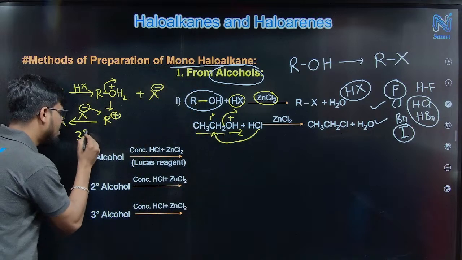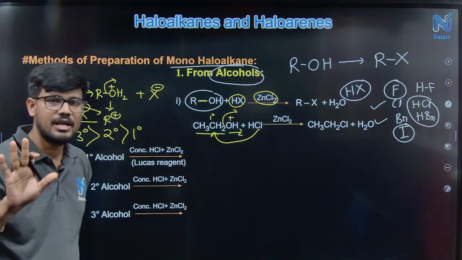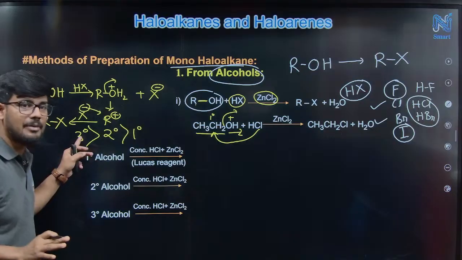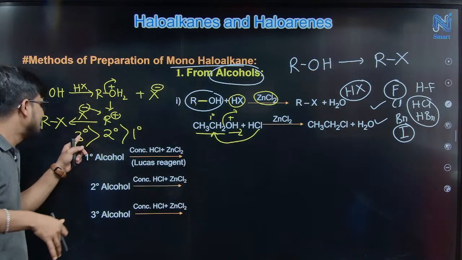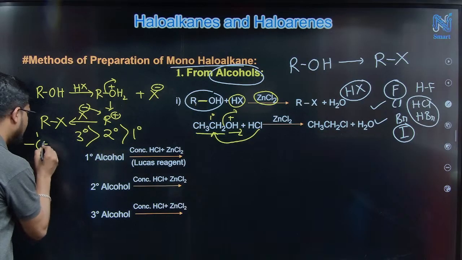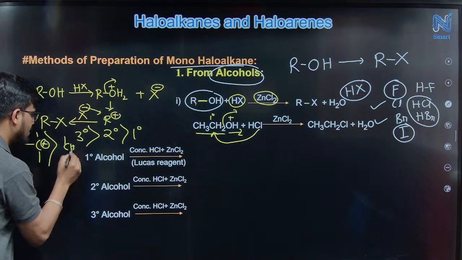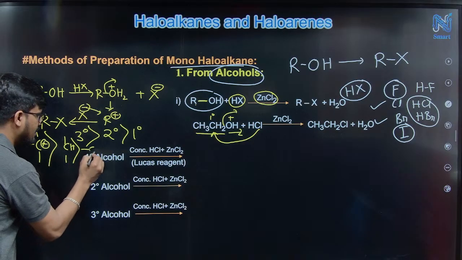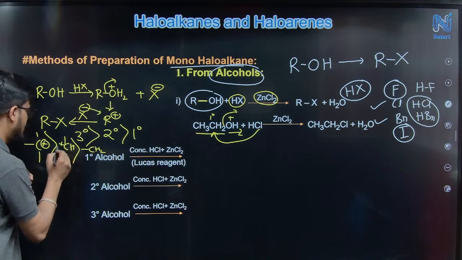A 3 degree carbocation is more stable than 2 degree, which is more stable than 1 degree. Clear? Why? Because a 3 degree carbocation has 3 other methyl or alkyl groups stabilizing it. Like in the normal way, this carbocation is more stable than this, correct? So a 3 degree carbocation, instead of